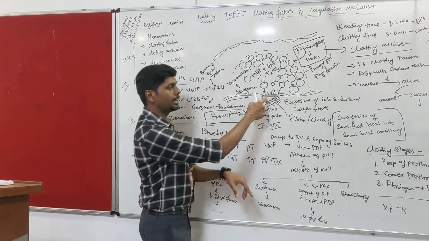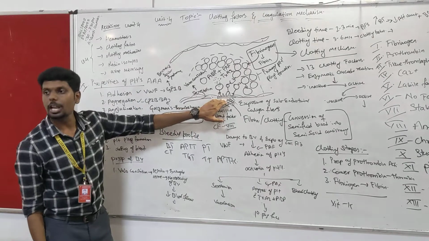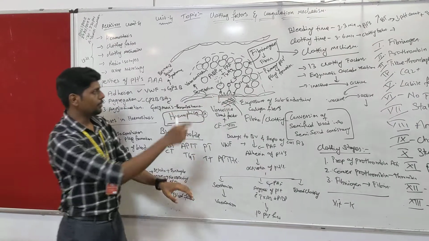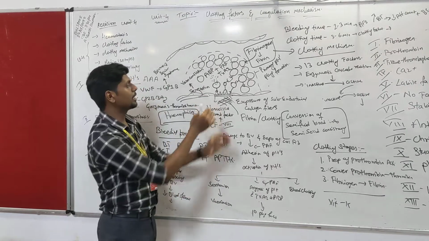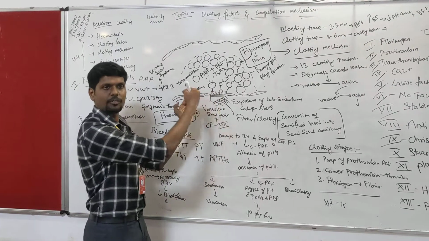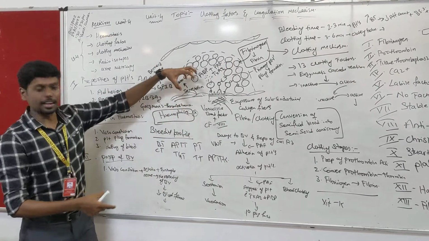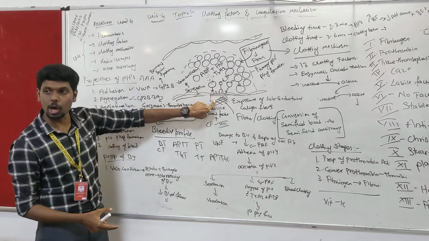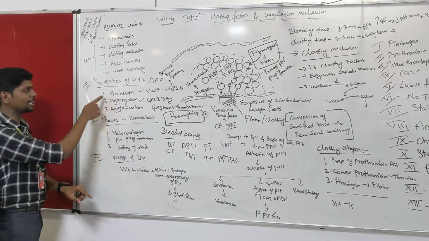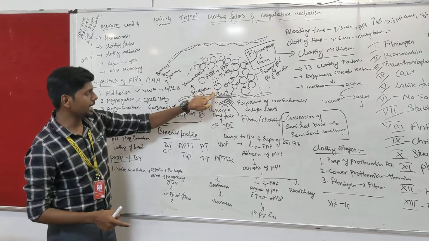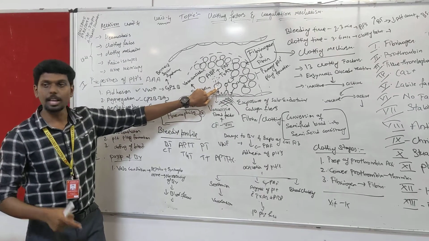Hemostasis starts with a blood cut. So whenever there is a blood vessel cut, the subendothelial collagen gets exposed. Now the endothelial cells secrete von Willebrand factor, and it gets deposited on the surface of exposed collagen fibers. Now a roaming platelet recognizes and attaches to the surface of the von Willebrand factor, and that is called the first property of platelets. What is it? Adhesion. So a platelet adheres to the von Willebrand factor by a receptor called glycoprotein 1A,